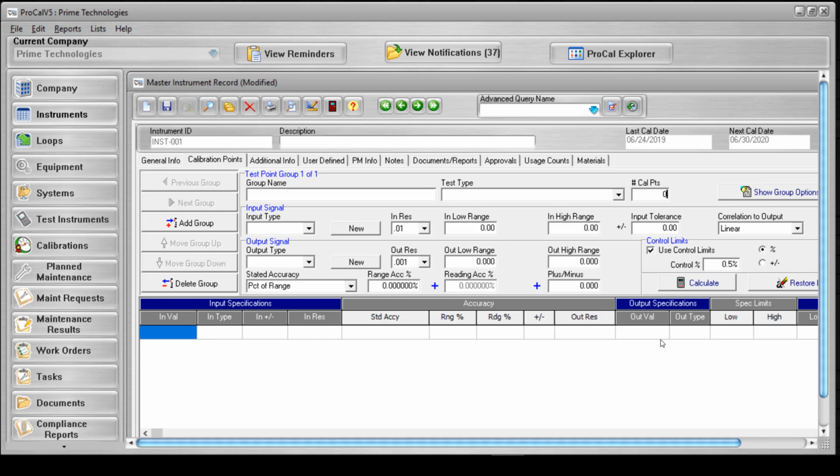Not all instruments will require the use of multiple test point groups. However, an instrument like a multimeter may require that its high and low limits be calculated from multiple ranges, so the use of several different test point groups would be necessary. You may enter any group name that you choose. This field can be left blank, but if you are going to have multiple groups, it is recommended that it